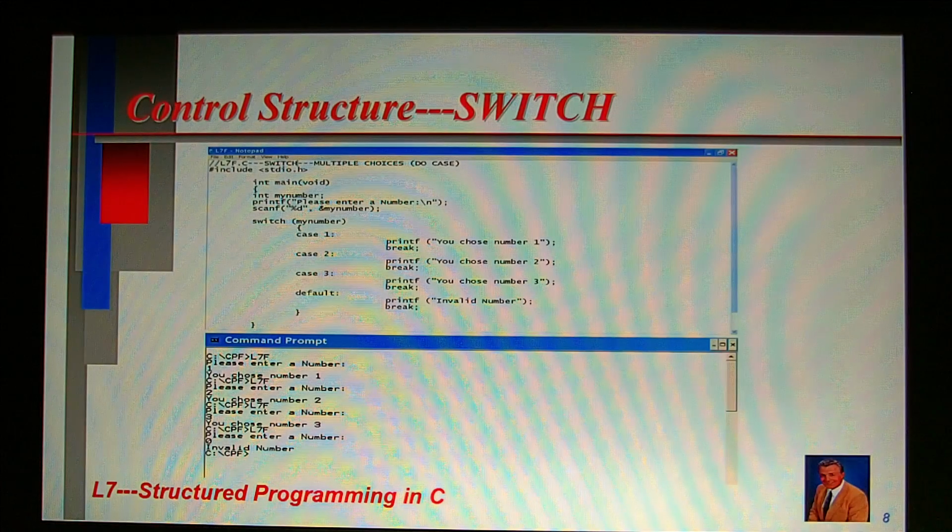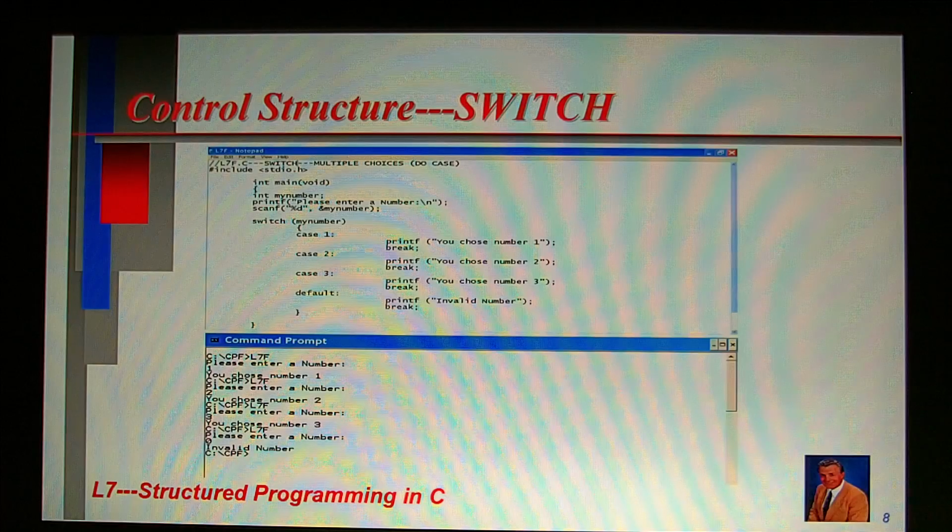{ case 1: printf("You chose number 1"); break; case 2: printf("You chose number 2"); break; case 3: printf("You chose number 3"); break; default: printf("Invalid number"); break; }